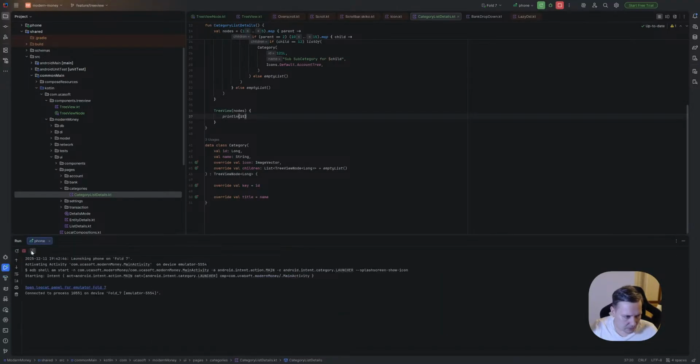Why is it not here? Where is the console? Okay, let's stop it. Let's debug it. So we have the console here for debug.